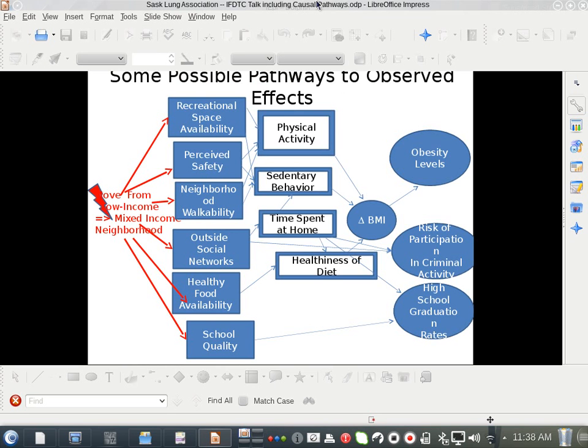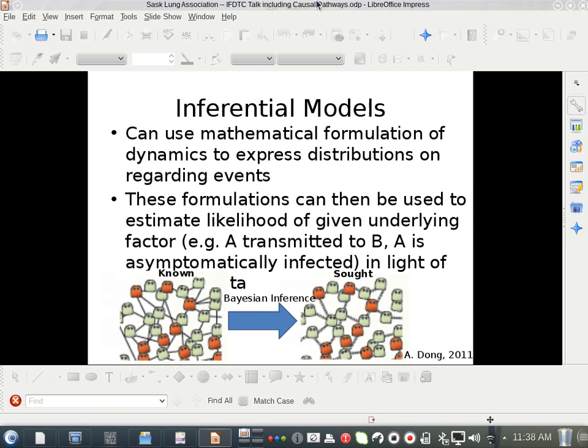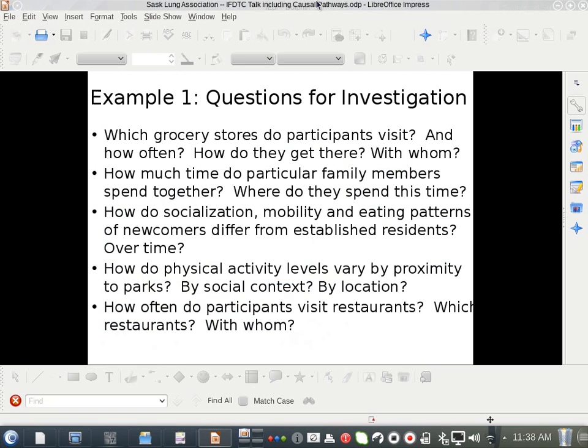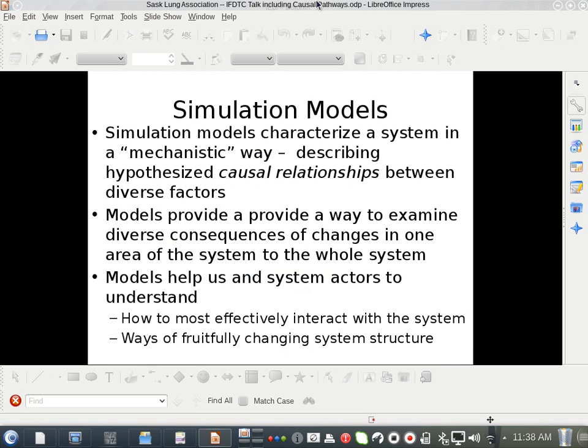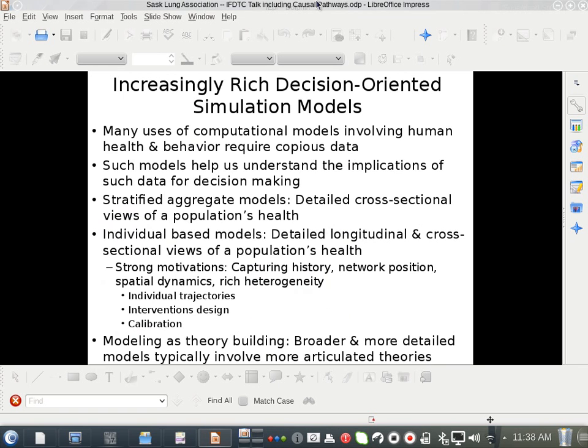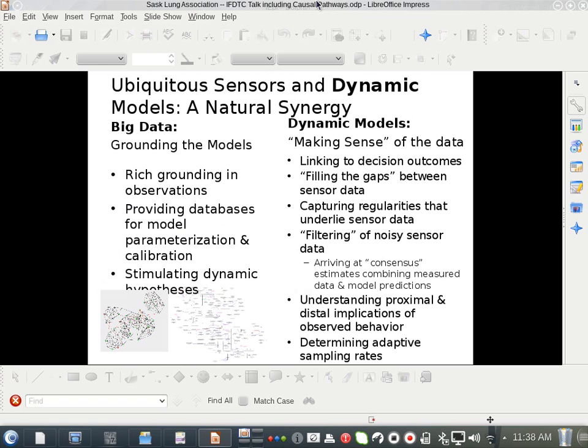And that sort of information comes to dock very, very closely with what's needed for models. And we have a hierarchy of models we can use to analyze data like this, including statistical models drawn from machine learning, computational stats, such as hidden Markov models. But a key component of this is decision-oriented simulation models. And fundamentally, the two complement each other extremely well.